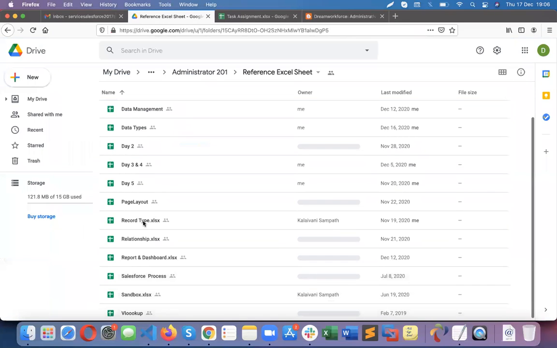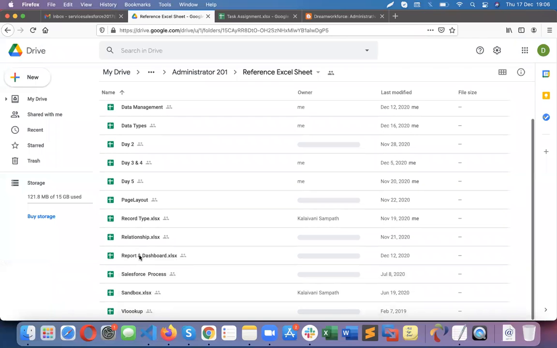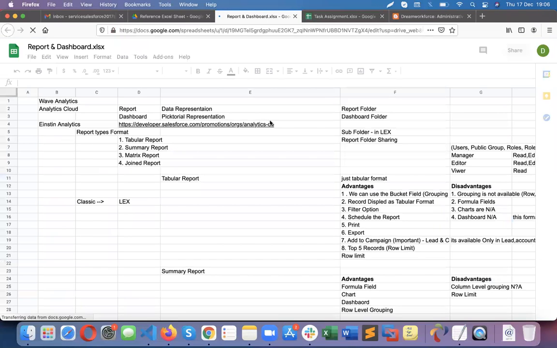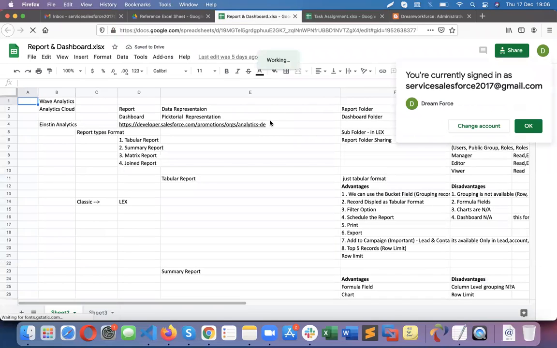So let me open the reports and dashboard today. So in Salesforce, generally basic report and dashboard are available across all the editions, including professional edition, enterprise edition, or unlimited edition, any edition. You will get the standard default report and dashboard functionality. But other than that, in Salesforce, we do have web analytics, which was renamed into